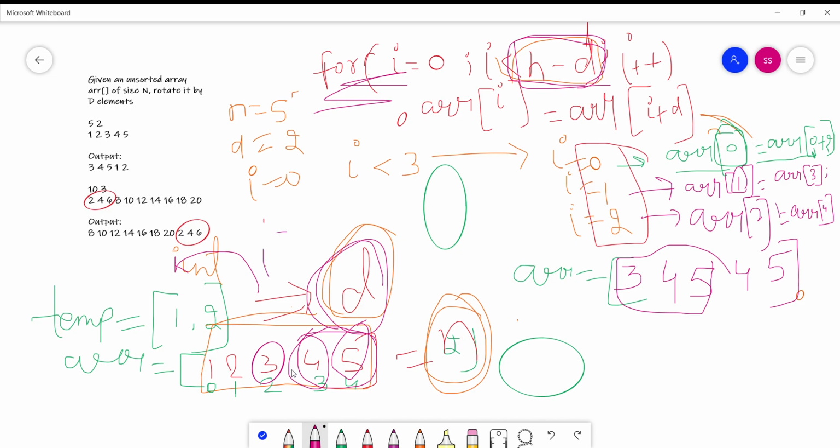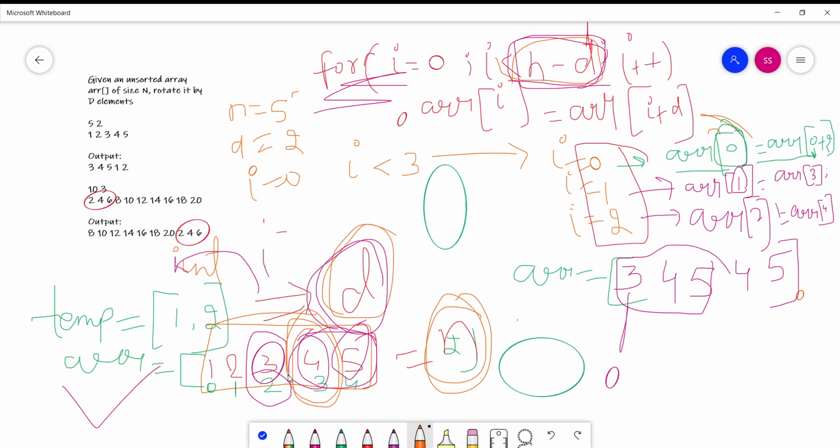It means that initially the 3 present at the second index is now shifted left by d positions, so now the index of 3 becomes 0.